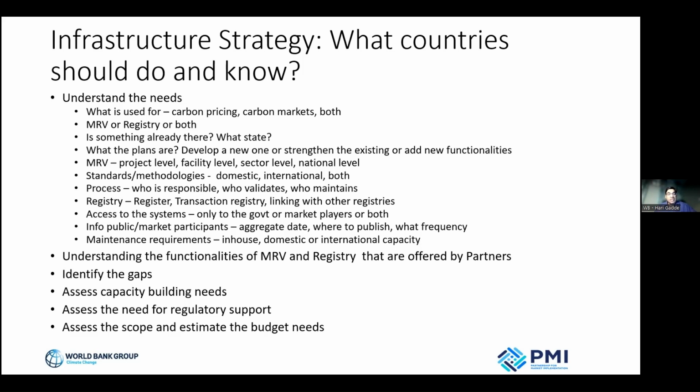So this is basically a dilemma many countries are facing, especially on the African continent. They want to have the registry, but at the same time they also want to know whether it is really necessary, what options exist, and how to make use of the international registry that UNFCCC develops, and so on and so forth. Next slide.